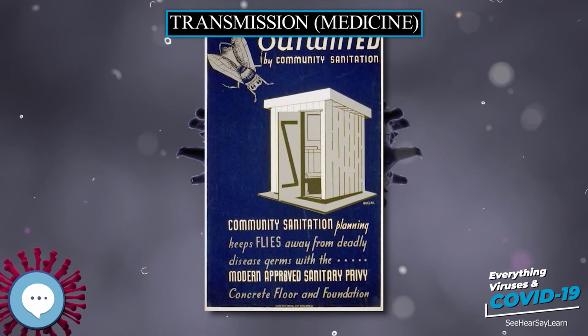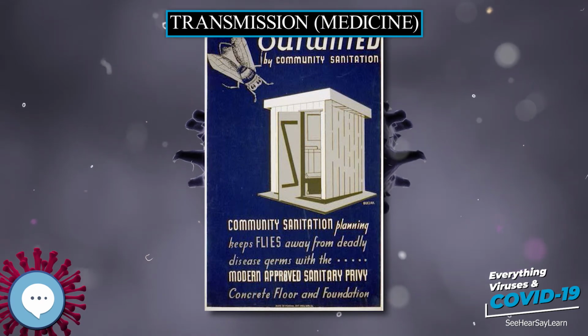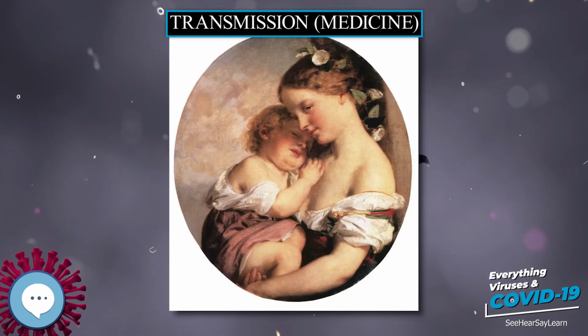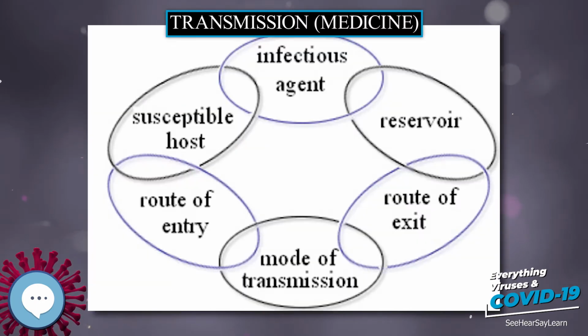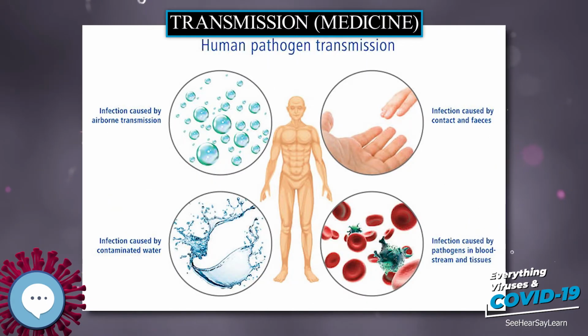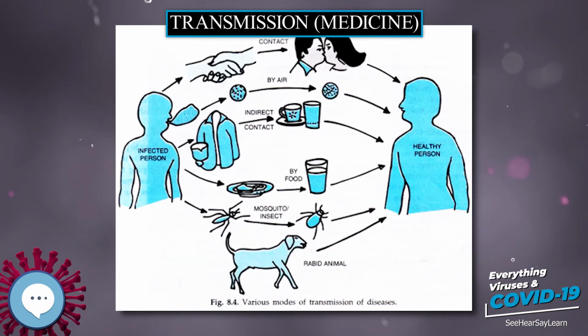Transmission, medicine. In medicine, public health, and biology, transmission is the passing of a pathogen causing communicable disease from an infected host individual or group to a particular individual or group, regardless of whether the other individual was previously infected. The term strictly refers to the transmission of microorganisms directly from one individual to another by one or more of